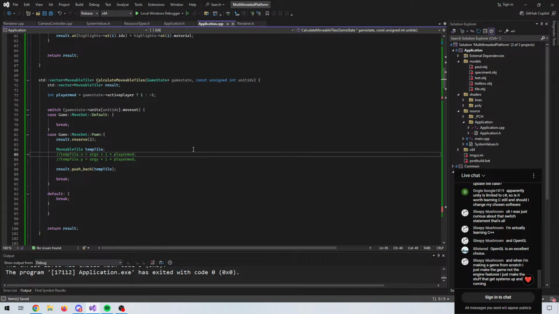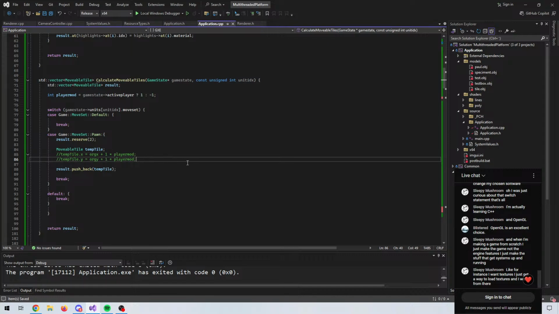So yeah, that's a great choice. OpenGL is generally good, and depending on what you want to do, it's more or less the right choice, but yeah. Anyway, so